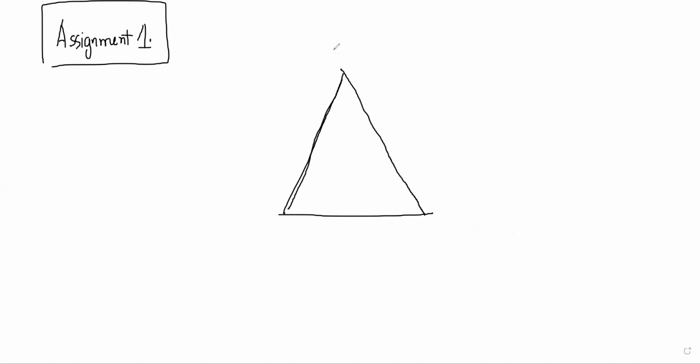Base is, let's say, this is B and this is A and this is C. The midpoint of the base is B1, let's say, and midpoint of BC is A1, let's say. This is midpoint. This is also midpoint. So triangle ABC, and let's say O is the center of the circumcircle.